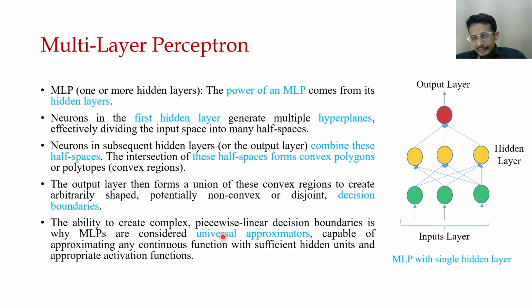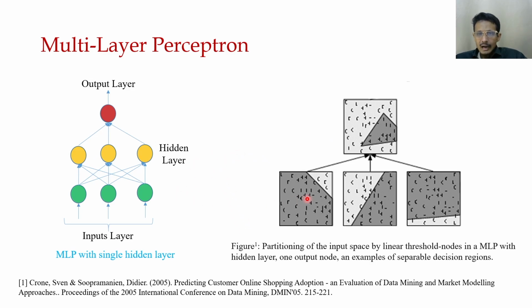So that is the importance of the hidden layers in the multi-layer perceptron. Even when we go to deeper structures and introduce deep learning, we will come back to this in more detail. Here we have seen how hidden layers increase the expressiveness, which we will discuss later, and make it a more powerful model.